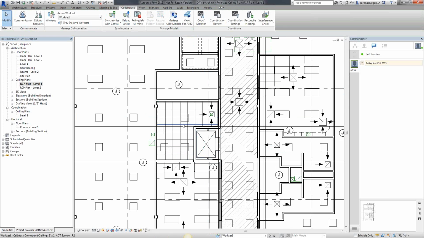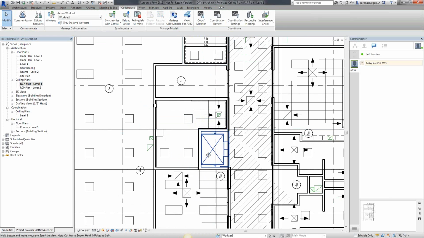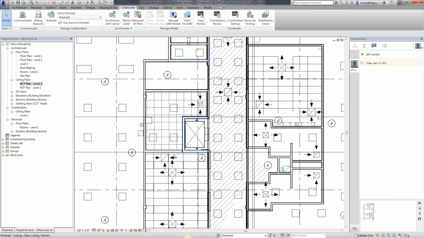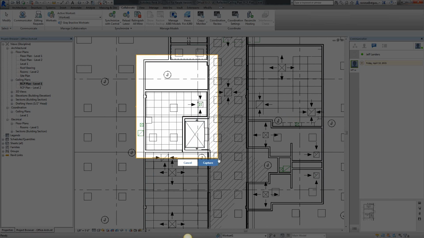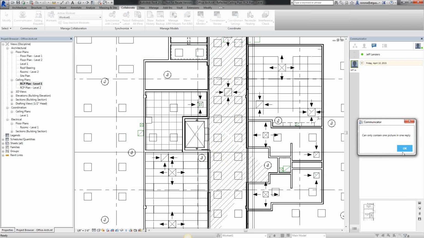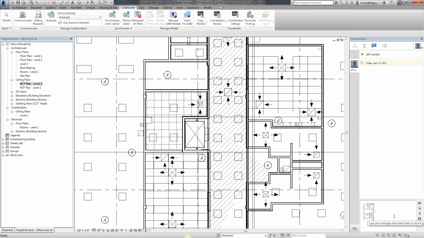my ceiling plan, and maybe I want to show the mechanical and lighting devices and the RCP and show how that needs to be coordinated as well. So I'm going to take another snapshot of that. Okay, so it only allows me to do one at a time. So I might do that and say